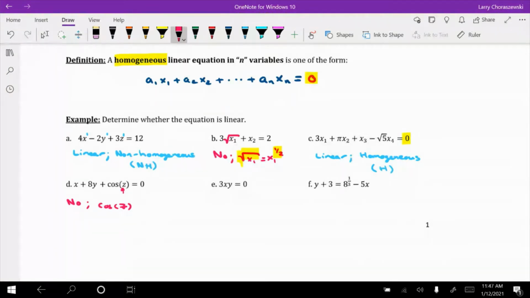So you'll notice that there's a product going on, specifically involving x times y. So we're not allowed to have that in a linear equation. So I'm going to write down no. And the reason for that is x times y. And another way of just kind of explaining,